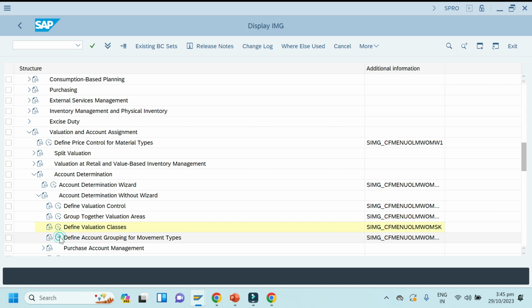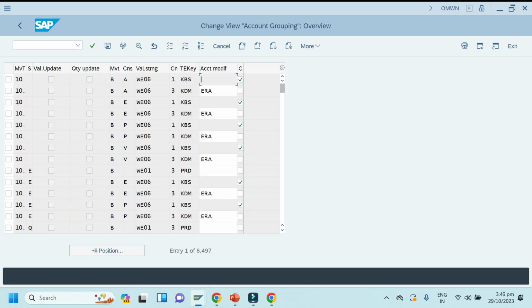Click enter. Note it here first, for each movement type.